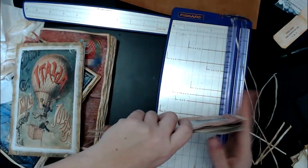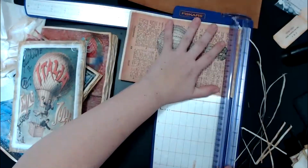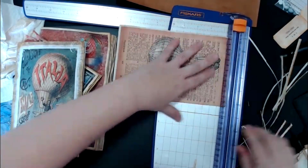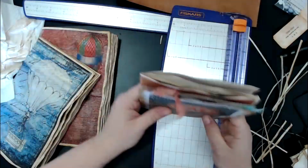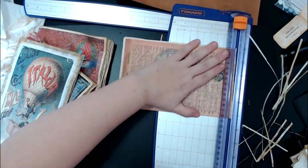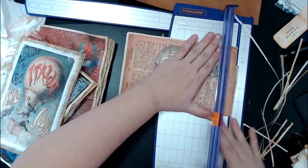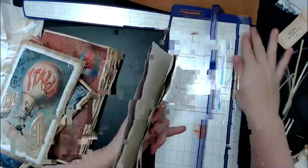So when you print the kits, you can do them a couple of ways. You can print them borderless, which is what I like to do, or your printer may have a setting that says minimum borders, and that's what my printer has. So I went ahead and did that when I cut these. So when you are printing digital kits from the various designers that are out there, you want to make sure that you print it borderless or you print it with minimum borders so that